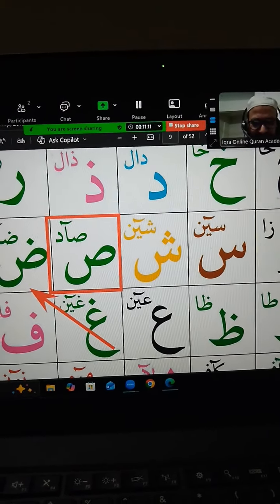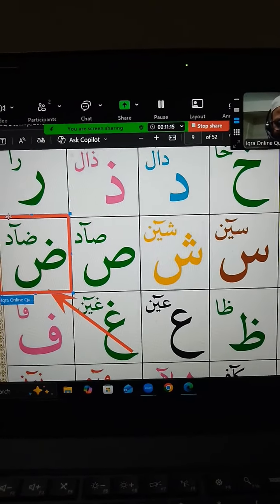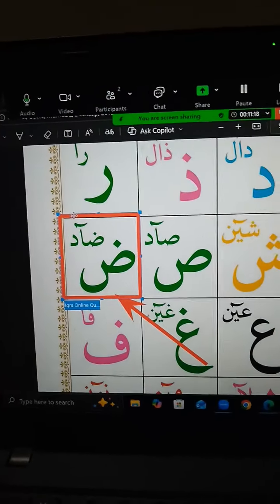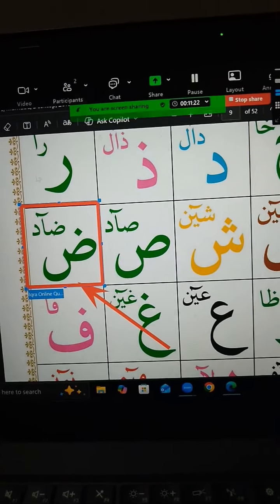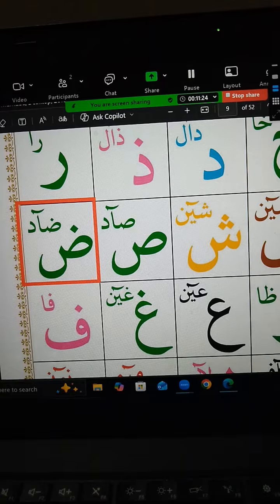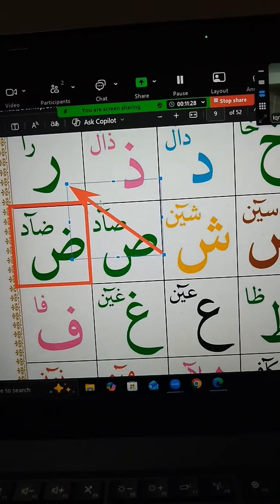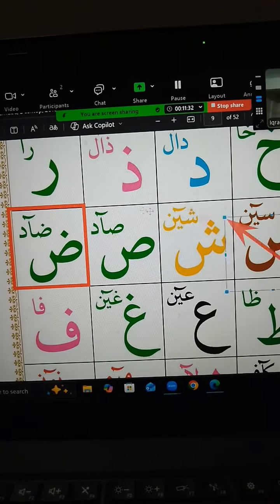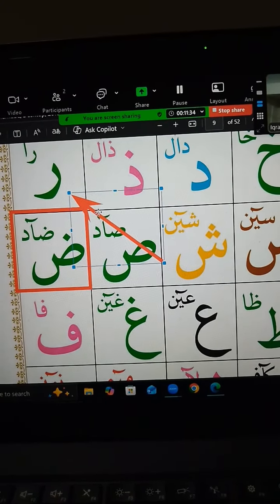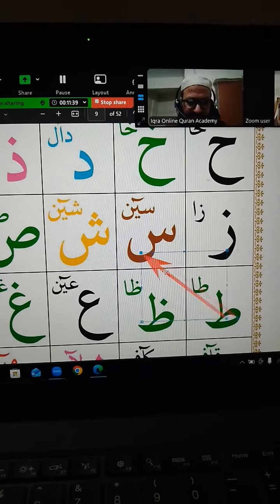And this one is what? This is also a sister of sod, and the sound is dod. Yeah, here is the dot on top like za. Za, sister of ra. Ra does not have any dot. This is ra and this is za. Za has a dot and ra comes without a dot. And same like here, seen comes without a dot and sheen has